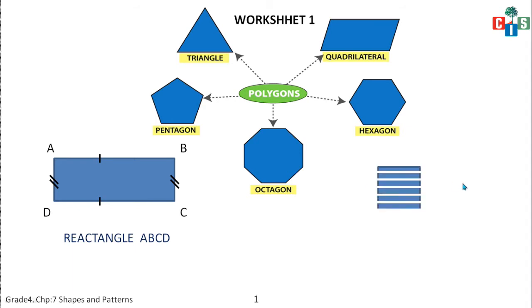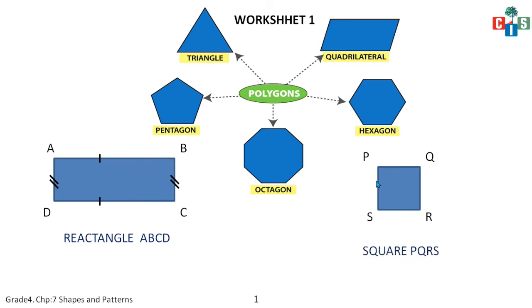And then we saw a square. Let's name it PQRS, and this is known as square PQRS. All the capital letters. Fine. P, Q, R and S are the vertices. Vertex means corner. Vertex P, vertex Q, vertex R, vertex S are the corners of the square. And what is the property of square? All sides are equal. So I will have marking which is equal on all sides.